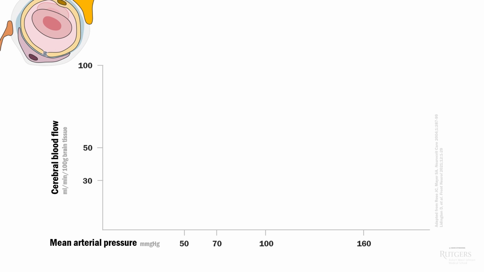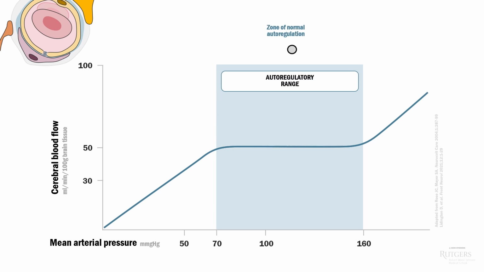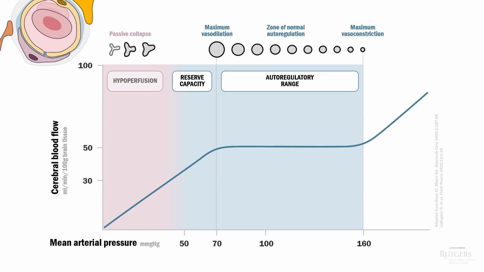You might remember that the neurovascular unit, or the component of the blood-brain barrier, autoregulates cerebral blood flow across a range of blood pressures. If the mean arterial pressure falls, arterioles dilate to maintain stable cerebral blood flow. Eventually, of course, the mean arterial pressure may become so low that autoregulation fails, and the brain is hypoperfused. This happens in acute ischemic stroke, where a blocked blood vessel interrupts blood flow.